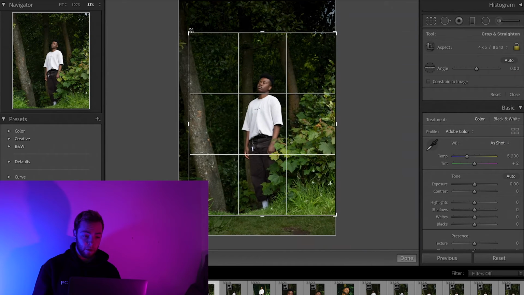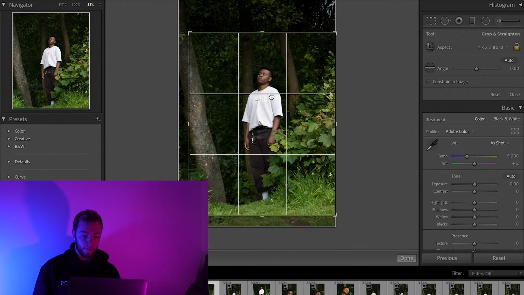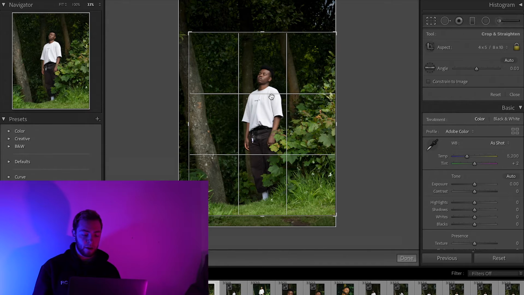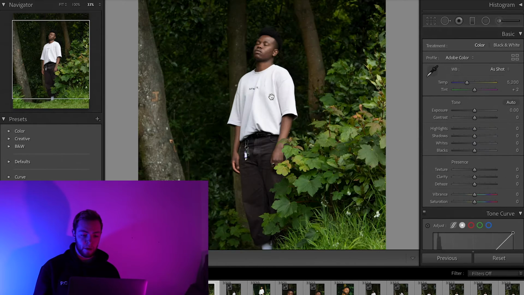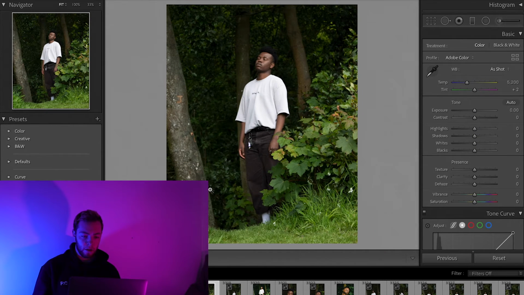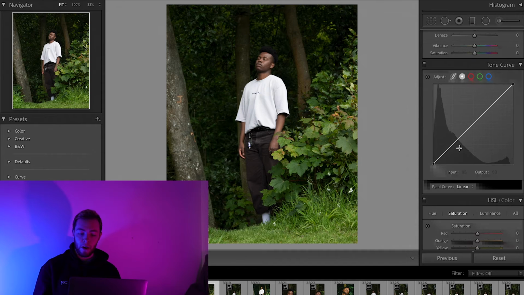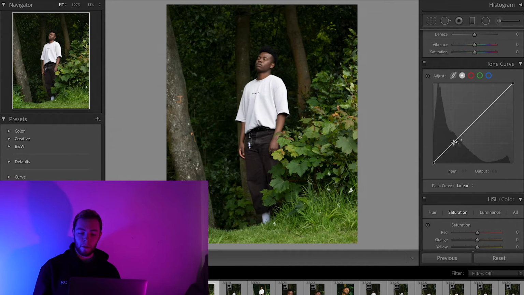I usually crop it to 4:5 because that is the way that Instagram uploads them. So let me just see that. I think it's a good crop. So the first thing I usually do is come to these curves here. So I'm going to drop here in the shadows just slightly. I'm going to bring up these midtones a bit